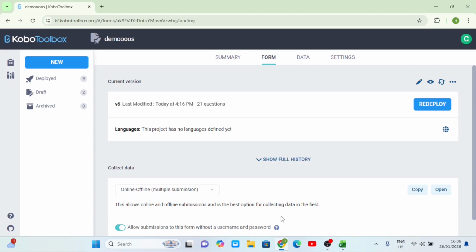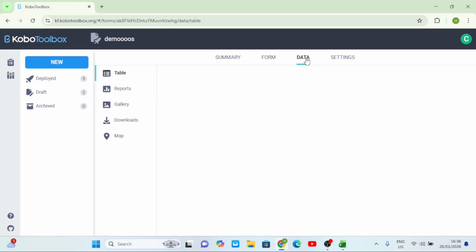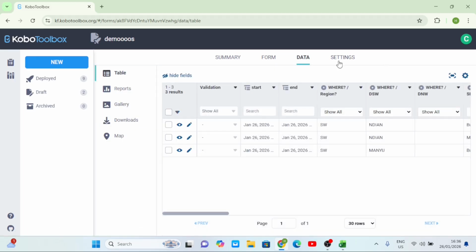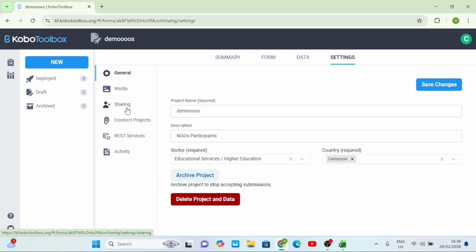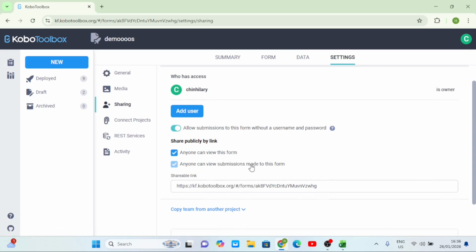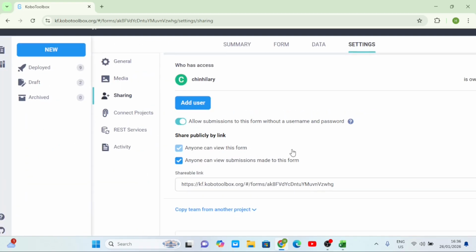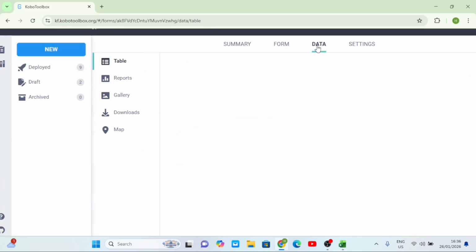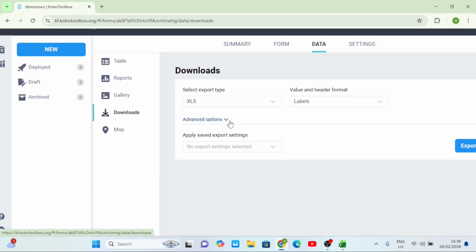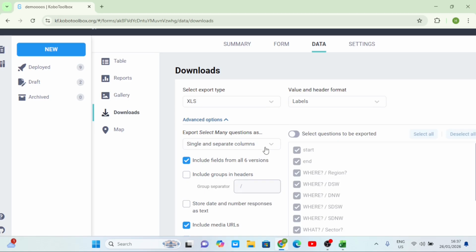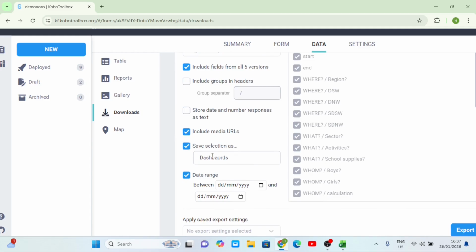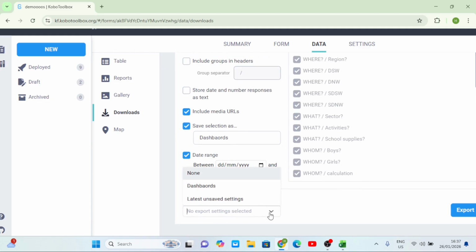So to connect your form to Power BI, you need to find the API. So let's go. So right here, I'm going to come here, go to my data, and then go down to, first of all, go to settings, go to sharing, and then make sure that these two options are clicked. Once they are clicked, go back to your data, go here to download, go to this advanced option, make sure you select single and separated columns, make sure you come here, save as dashboard, and then here I'll prefer to